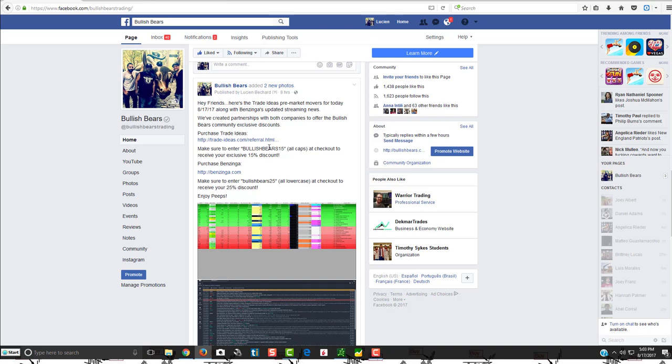Trade Ideas, again, is our scanner of choice that we love to use. Having watch lists at night are great. Having watch lists and pre-market watch lists in the morning are great. But as you all know, many a time the stuff that you're watching at night is completely different when the market is live. That's why we highly recommend Trade Ideas.